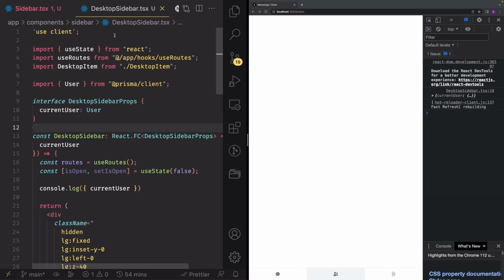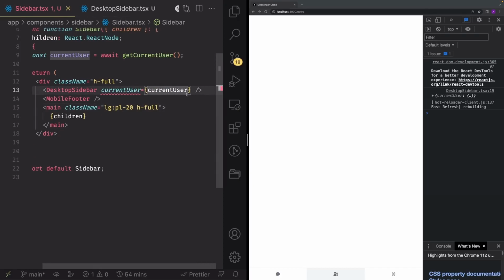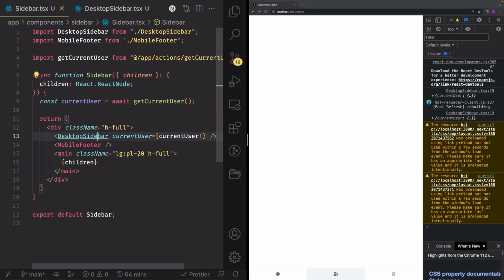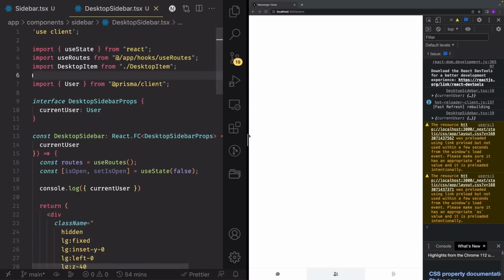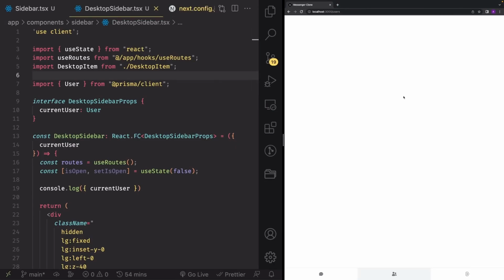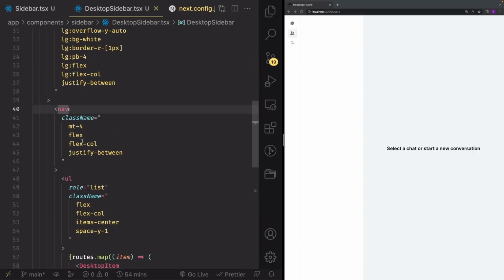All right. And now what I want to do is go back into sidebar and just quickly fix this error by adding an exclamation point at the end, so it's possible for the user to be null as well. Great job. Now let's go back into desktop sidebar, and we're going to start to develop our avatar. All right, so I'm going to close this right here, and I'm going to zoom out even more just so I can see the desktop version, because that's what we're going to be working with. All right, so right here at the bottom, where we defined this navigation,